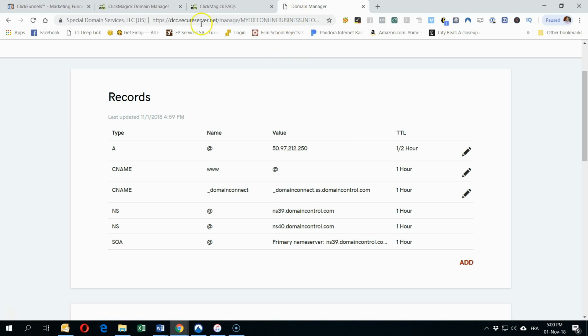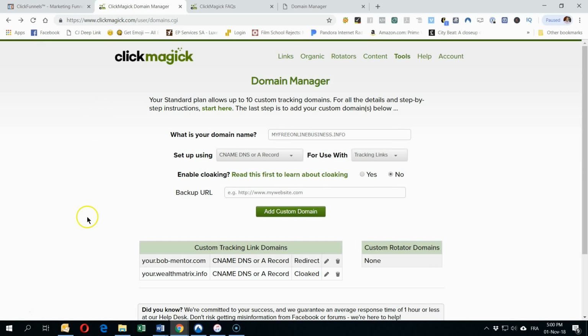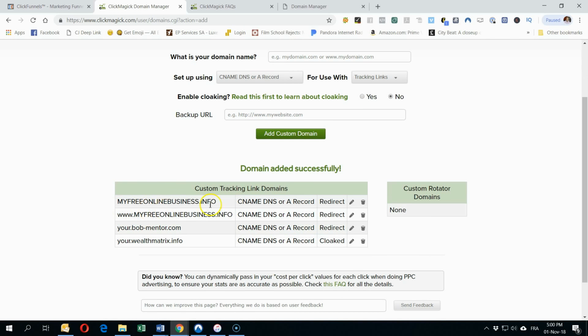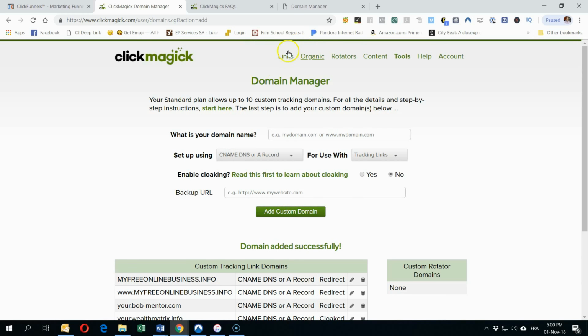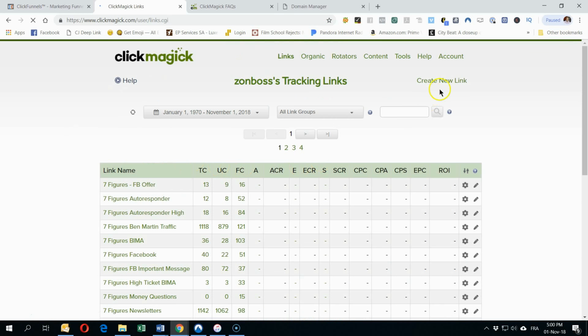Alright, we have set our A record, we have waited a little bit, so let's see if something happened here. So our domain name, we make an A record for use with tracking links, and we want to add the custom domain. Does it take it now? Yes, it does. Everything is fine. It worked. So great. So when we now go to our links and create a new link,